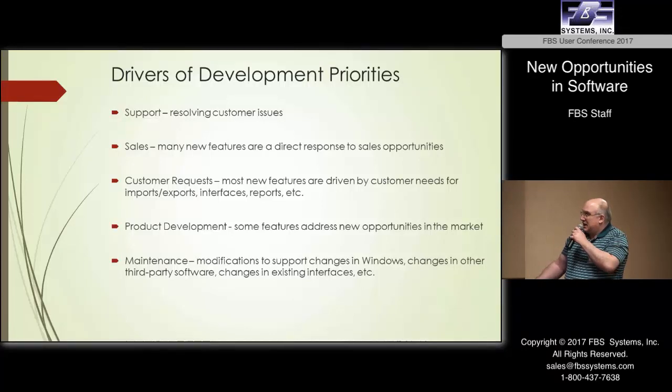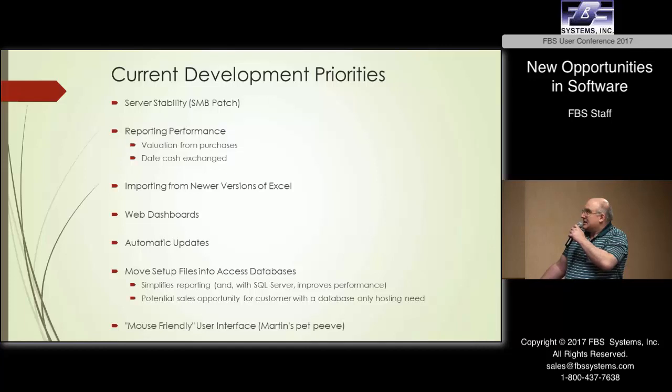And then there's maintenance. The reason I bring this up is because there's a maintenance item related to reporting and other things that's rising to the top of our list, and it's going to cause some issues. So, in our current priority list, you see server stability, which we think we've pretty much addressed. Reporting performance. Valuation from purchases, we make good progress on. Date cache exchange,